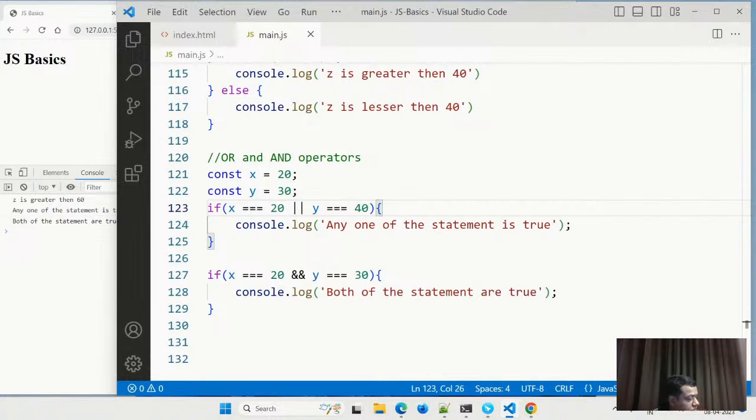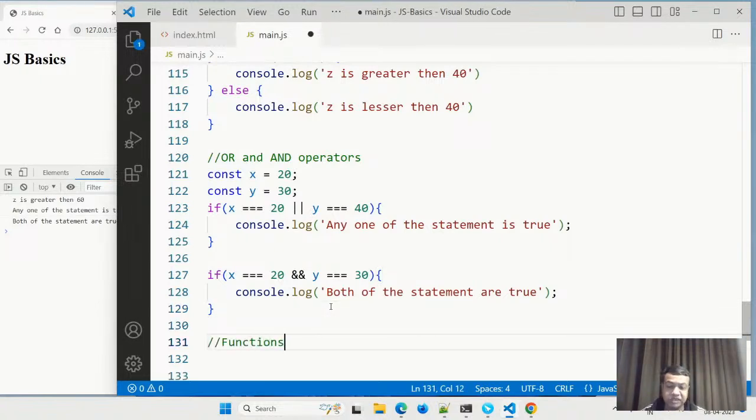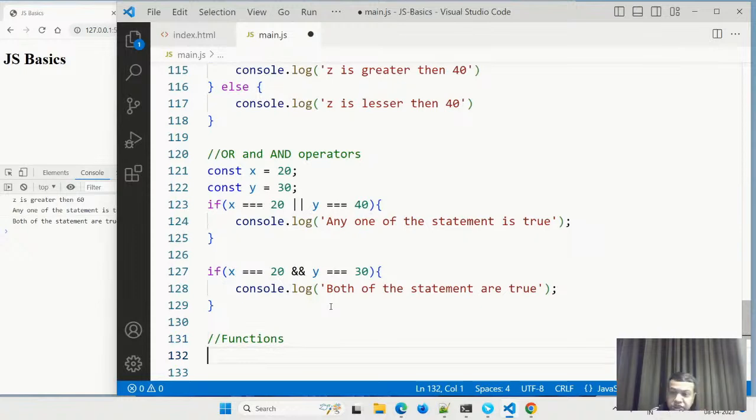So now the next thing which we are going to see is functions. We are going to see about functions, then we are going to do a project. Maybe we'll end by 6:30. So now we are going to learn about functions. Actually, JavaScript is mainly a functional oriented language. It is not a class based language. It started as a functional oriented language.